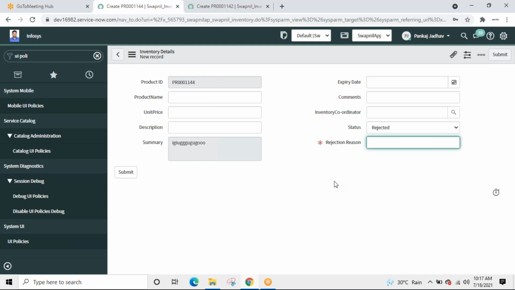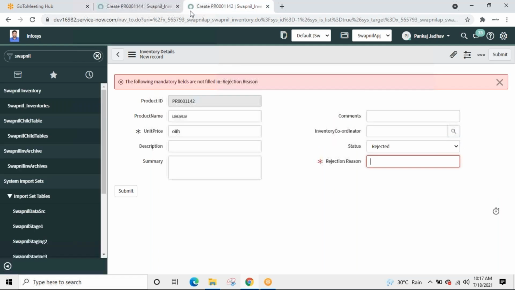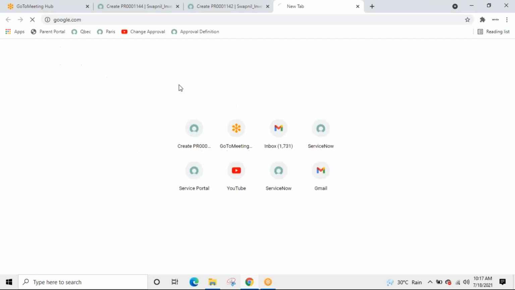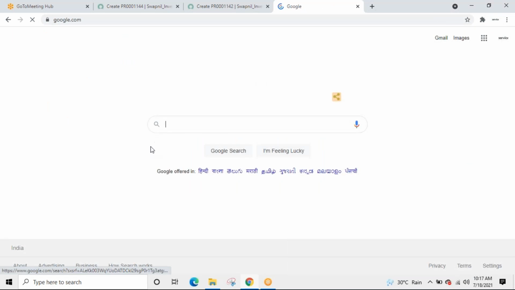Okay. So if anyone asks you what runs first, I believe client script runs first. Then also let us confirm. Ideally, a client script runs first and then the UI policy.